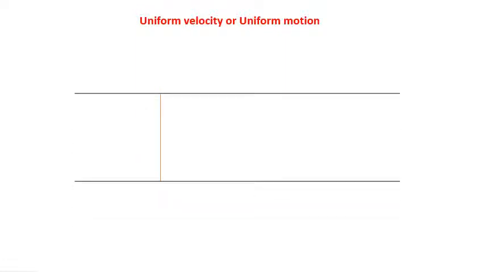Always in the problem they give the stroke length, right? Using the stroke length, first we have to draw two horizontal parallel lines like this, whose distance is equal to the stroke length. So the distance between the two parallel horizontal lines should be equal to the stroke length. Stroke length will be given in the problem.